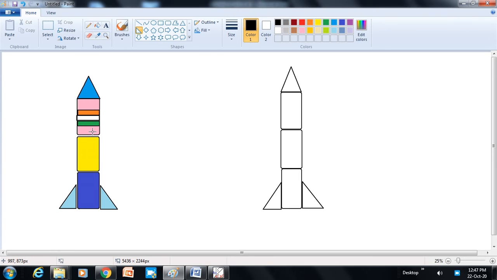If you want to put our tricolor flag over here, you can do it with the help of this rectangle shape.